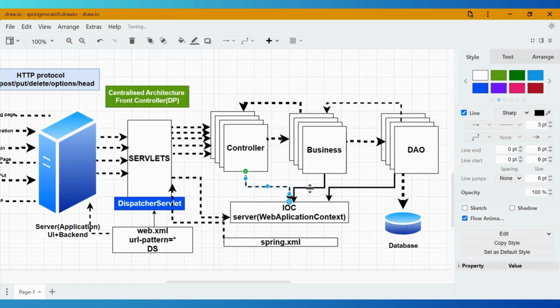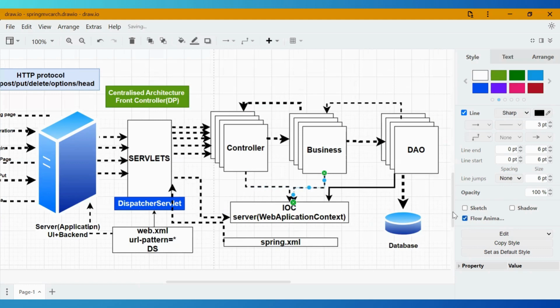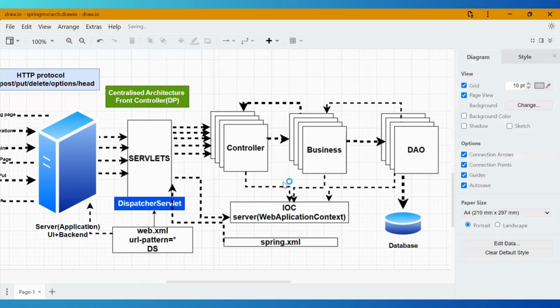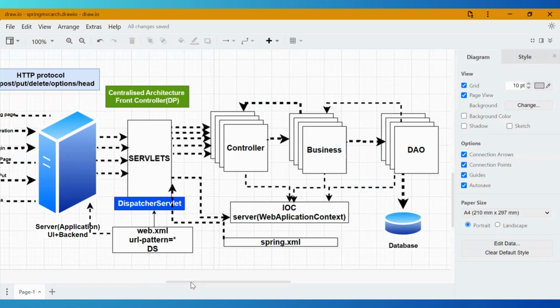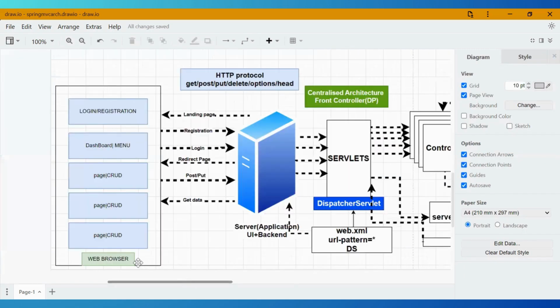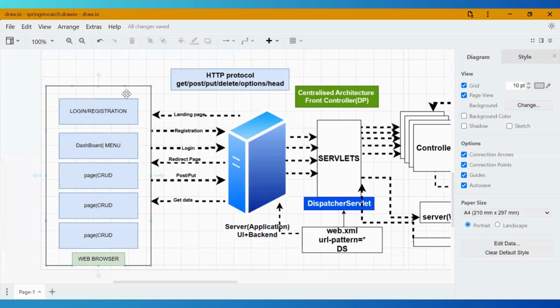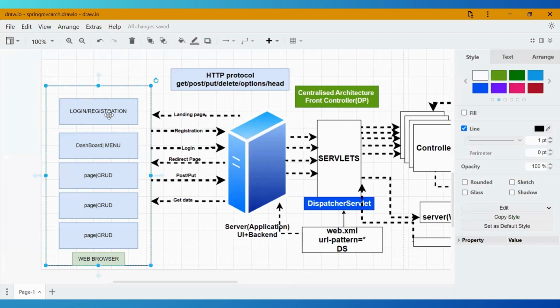They will wait and ask, come on, send me any request, we will handle it. Once the application is ready and all these objects are created, they will wait. Now one of the users requests the registration page. When he requests the servlet, this container,